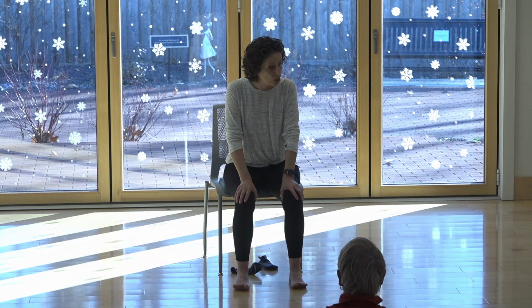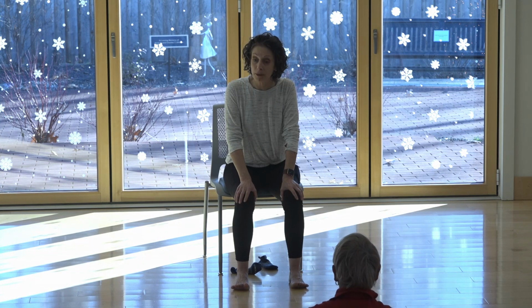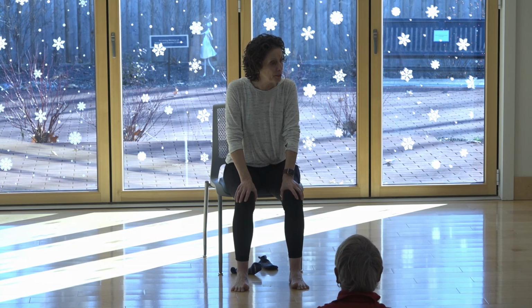Okay, now with your toes all lifted, keep the big toes up and press all the little ones down. Most of us are going to find that a little easier. And then lift and lower. Breathe in, breathe out. Good. The more you do this, the more mobility you will have eventually. Okay, relax your toes. Relax your knees, relax your jaw, because I could see a lot of jaws getting tight